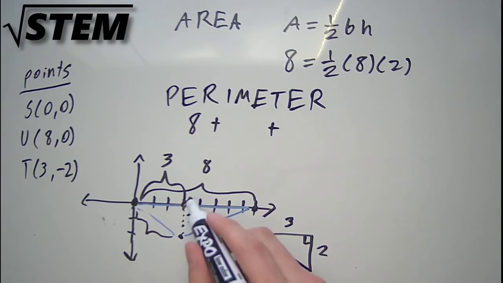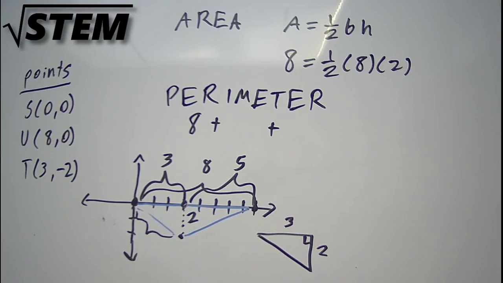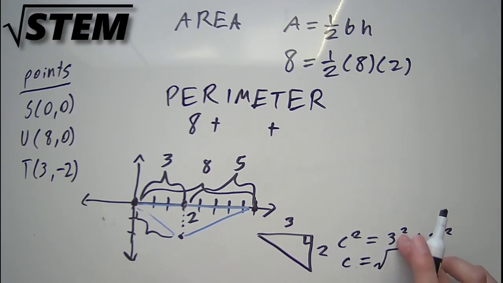And of course that means the other half is 5. So, you can use the Pythagorean theorem to find that c squared equals 3 squared plus 2 squared, or this hypotenuse c is equal to the square root of 3 squared, which is 9, plus 2 squared, which is 4, and that comes out to